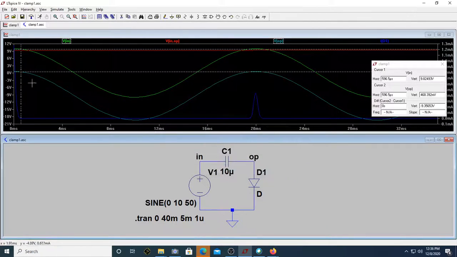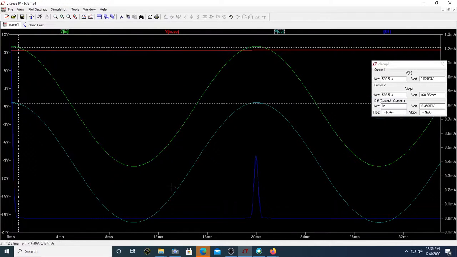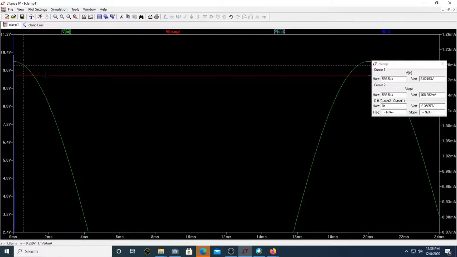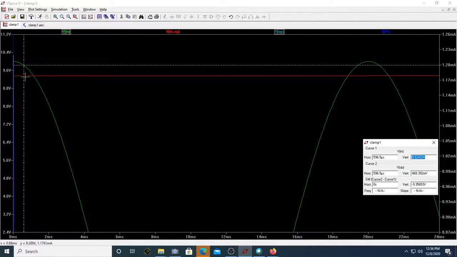Since I'm not seeing the first quarter of the cycle, I cannot see the capacitor going up to 5 volts. You can clearly observe one thing over here. Once it goes to this point, before it goes to the next peak, you can see the current is still increasing. Why this is increasing is, if you carefully note the output voltage of your capacitor, can you see the capacitor voltage has slightly decreased? Because the capacitor voltage is not 9.3 for the entire period, because there is a path through the diode for it to discharge. So it is slightly discharging.